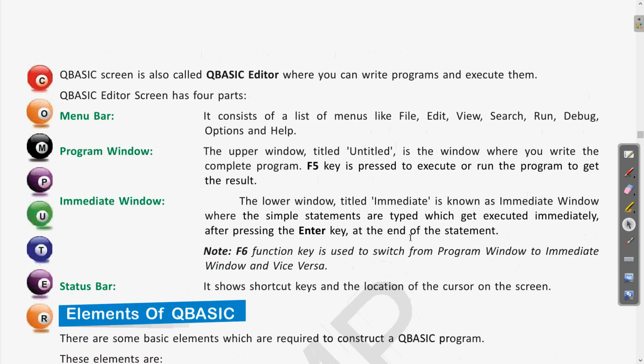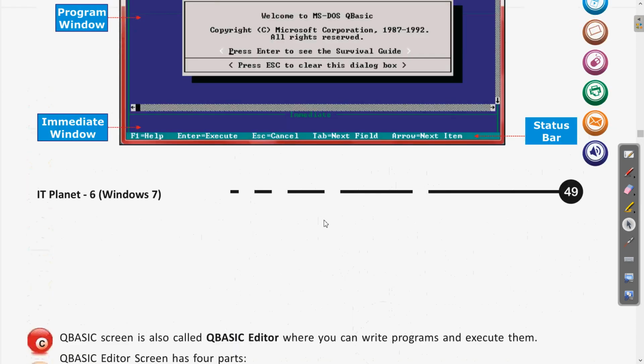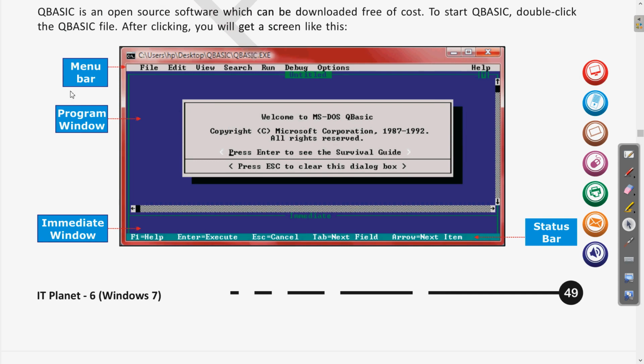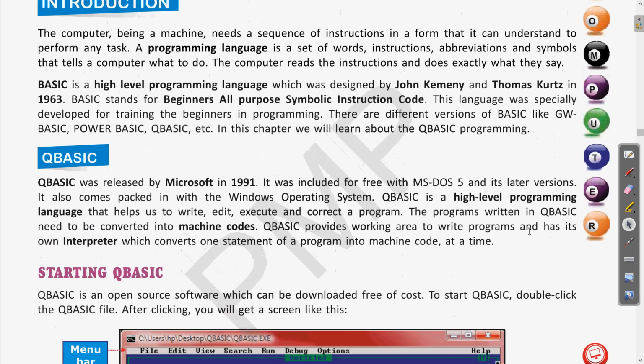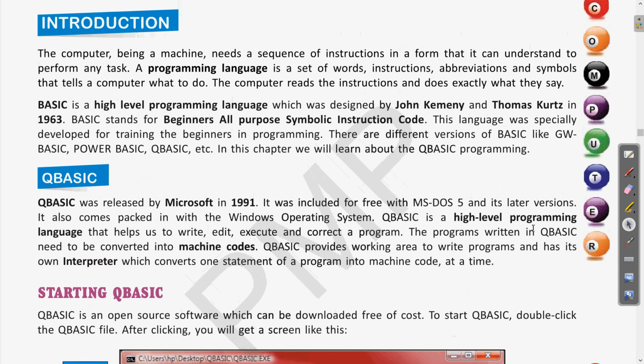We have seen the parts of the QBasic window, like menu bar, status bar, immediate window, and the concept of programming, then what is an interpreter, what is a high level language, what is a low level language. Clear? So whatever the important things, write in your copies also.